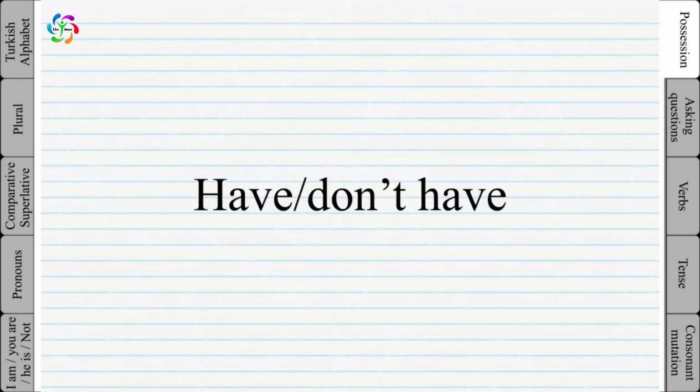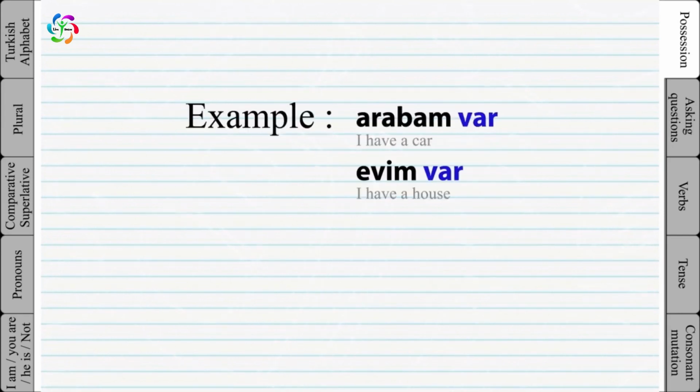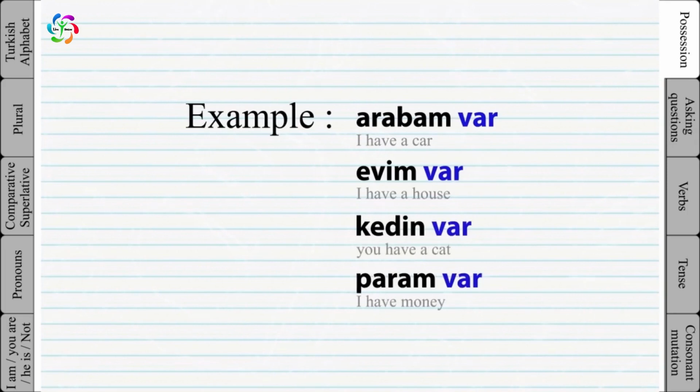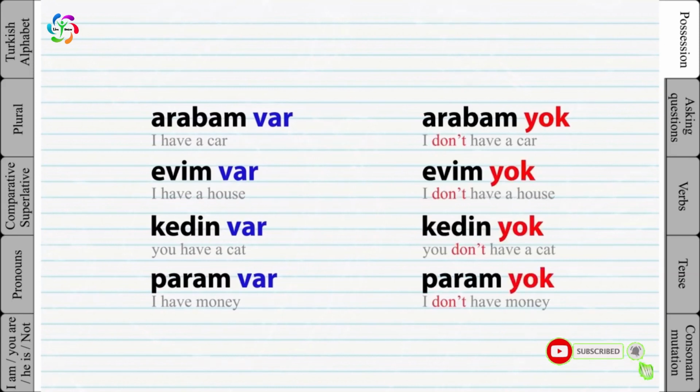To say I have something in Turkish is very easy. Simply add the word var after the possessive suffix. To say I don't have something, just change the word var to yok. That's all. For example,